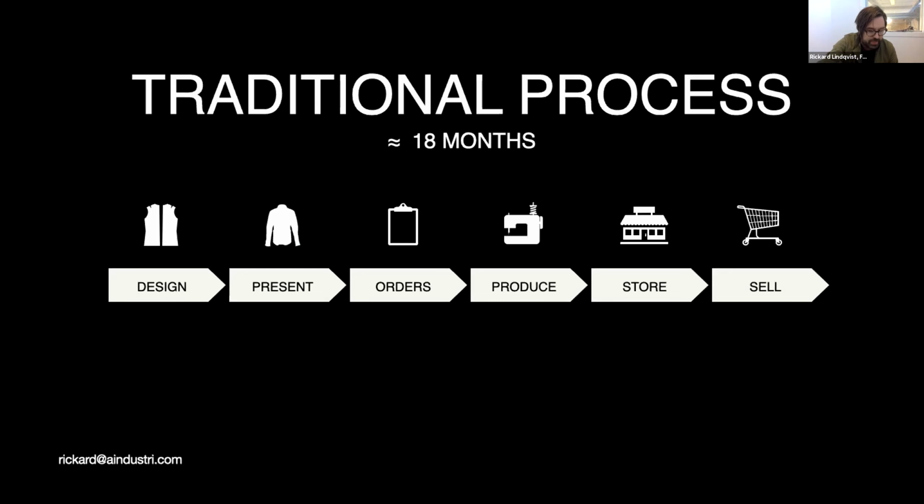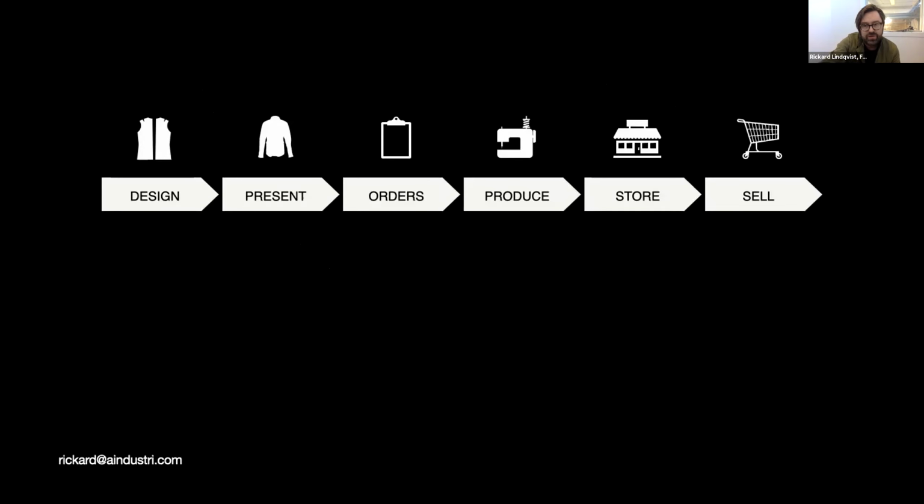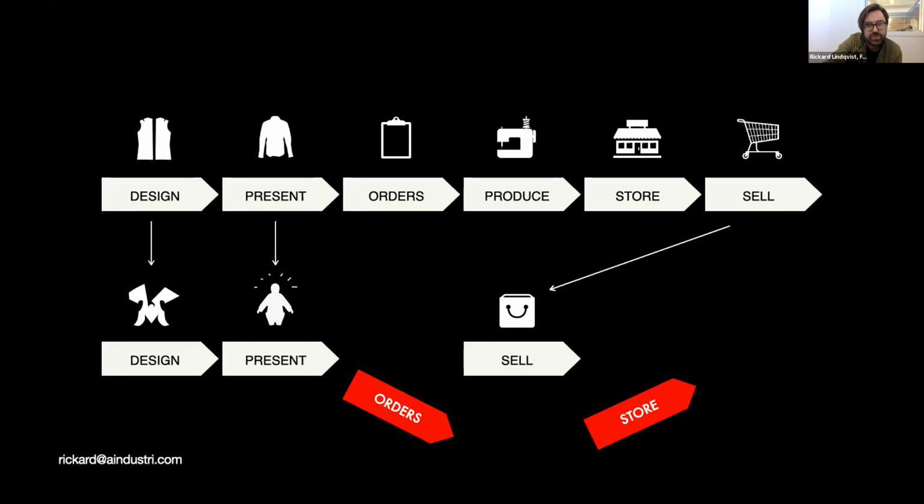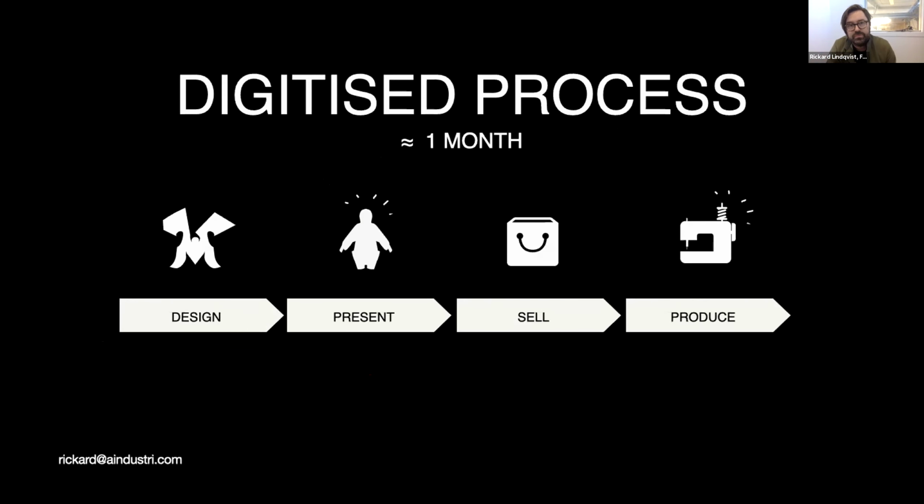So we've been looking into what happens if we digitize the design process and use that digital output for presentations. Instead of taking orders from stores before production and sending it to a store, we thought we could try to sell things based on our digital material and then deliver straight to the end consumer, which gives us a turnover time of about 1 month instead,